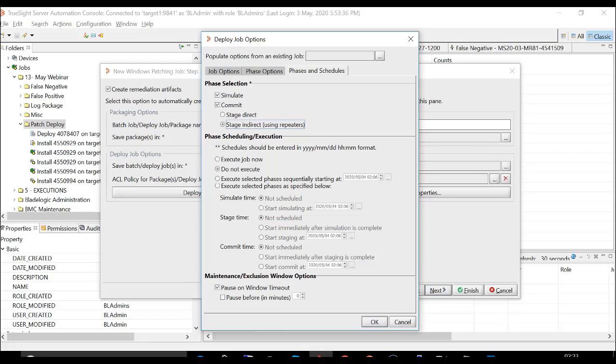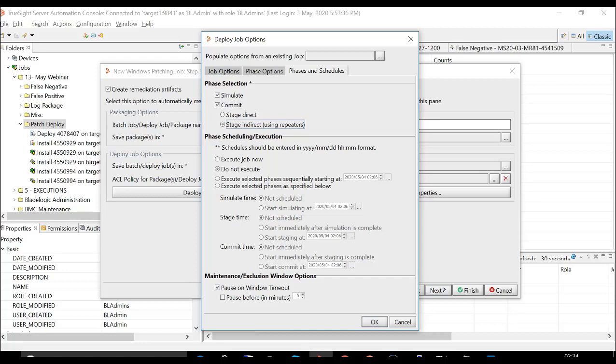Now if you choose to use a repeater, which is nothing but a server with an RSCD agent, deployed near the target servers, then when the application server is copying the patches in the stage phase, it will copy the patch or patches once to the repeater, and then the repeater is going to copy the patches to all the servers. So there will be one connection open over a WAN, and the connections to multiple targets will be opened from the repeater to the targets over a LAN. So that's the use of a repeater.